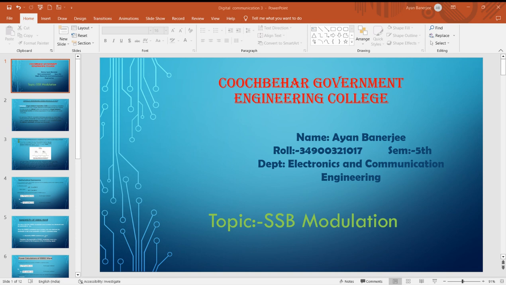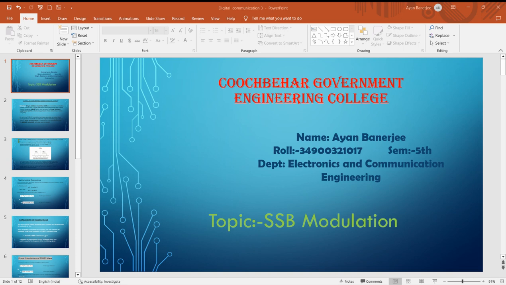In this way we get the lower sideband power the same way we got the upper sideband power. So P of lower sideband equals Am square Ac square by 8R. So therefore, the power of SSBSC wave, the single sideband suppressed carrier power, equals P_T equals P of upper sideband equals P of lower sideband equals Am square Ac square by 8R. So next is advantages of SSBSC